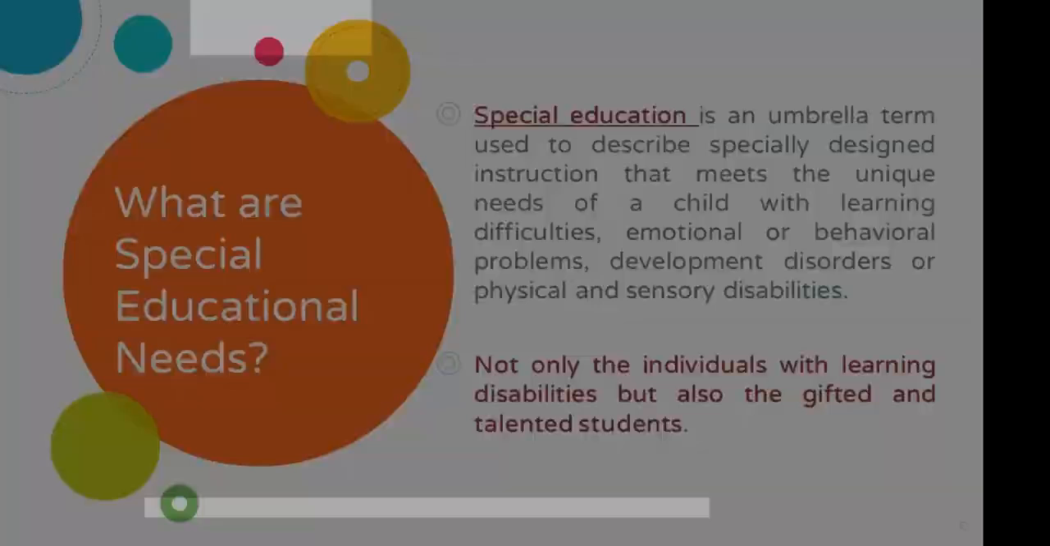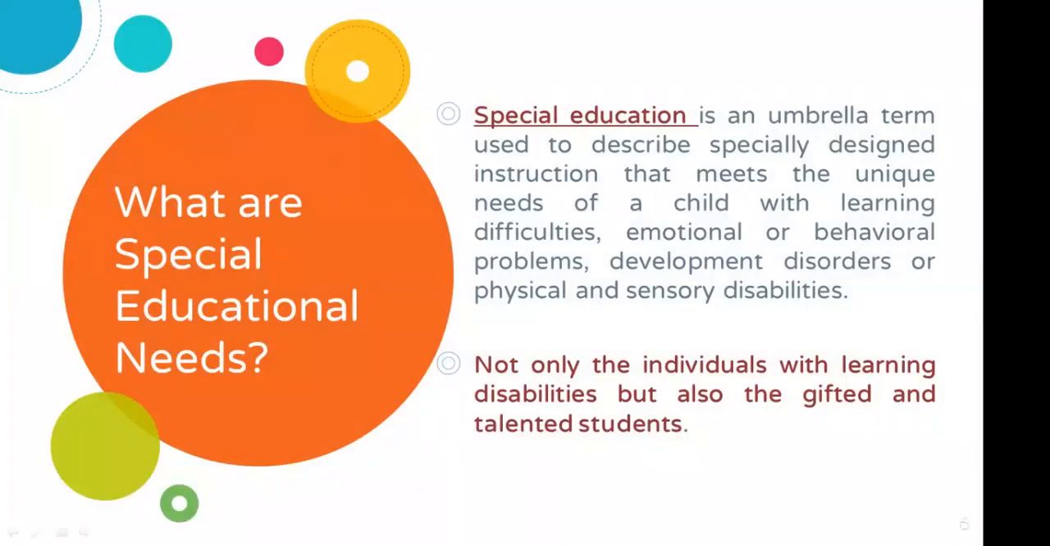So what are special educational needs? Special education is an umbrella term used to describe specially designed instruction that meets the unique needs of a child with learning difficulties, emotional or behavioral problems, development disorders, or physical and sensory disabilities, but also individuals with learning disability, and also gifted and talented students. So special education is that big umbrella that covers all kinds of students with physical disability,